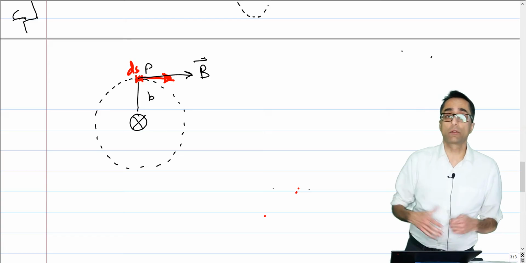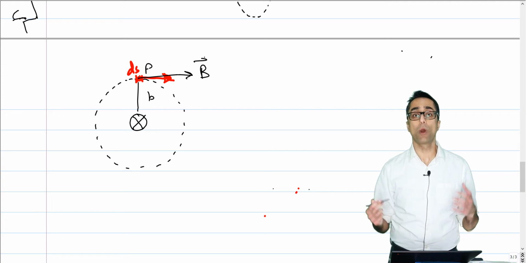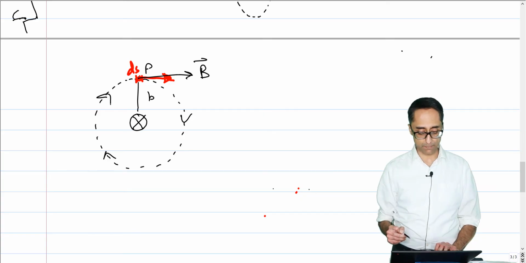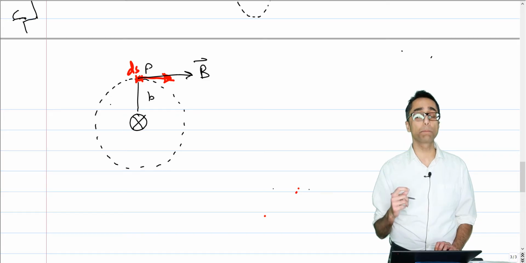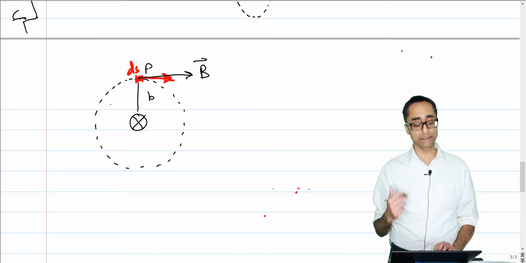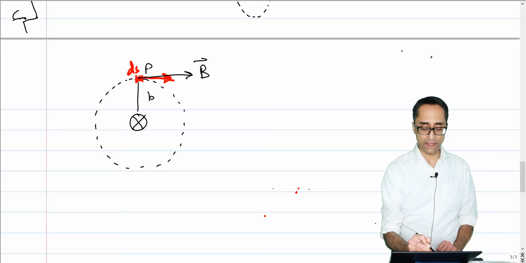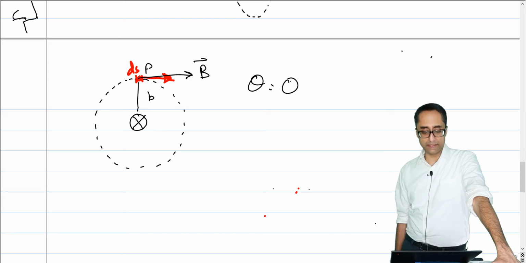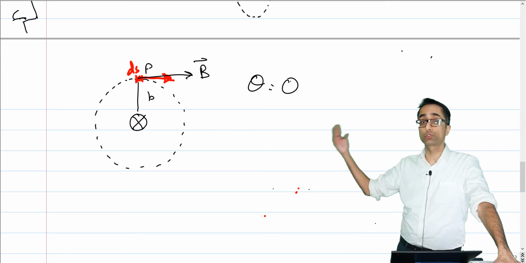Now, I know what you're saying, like, should the magnetic field be going around curved, like a circle around the wire? Yeah, absolutely. It should totally be in this direction, but we don't care about it everywhere. We're only drawing it at ds. We're only drawing the magnetic field at the point P. At P, it's tangent in that direction. And so the angle theta between ds and B should be 0. The angle between ds and B is 0,